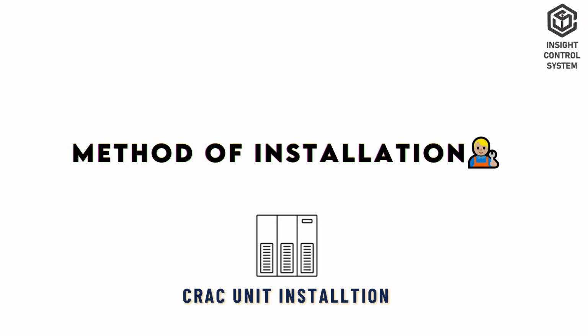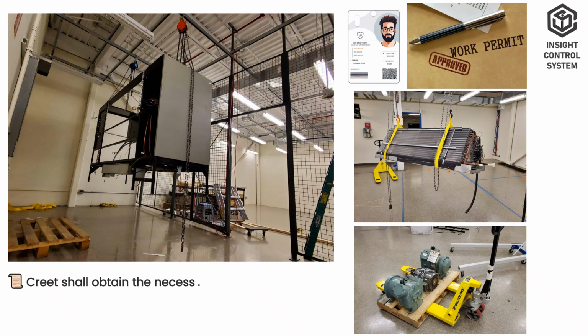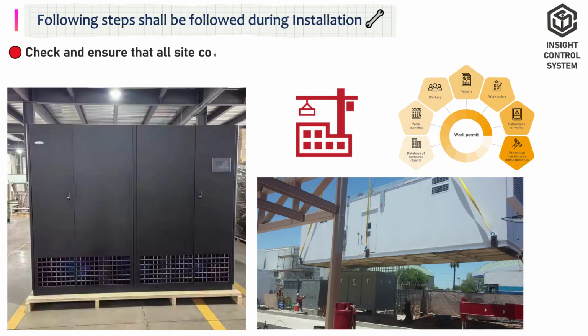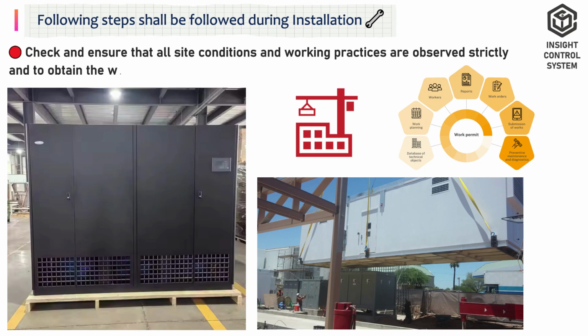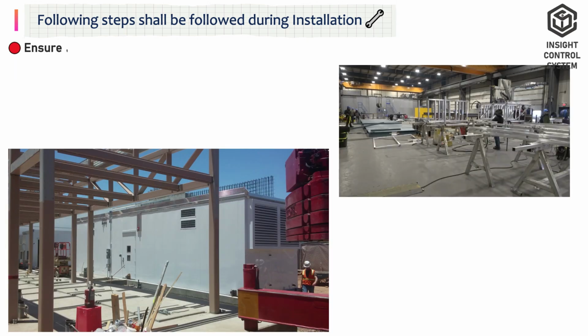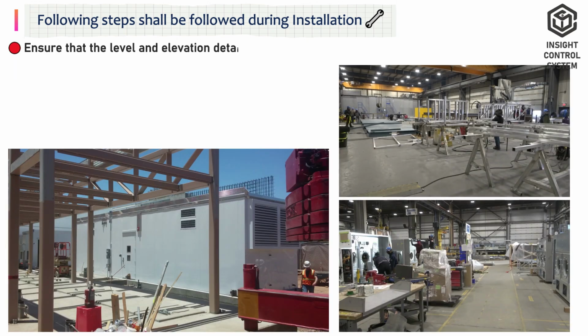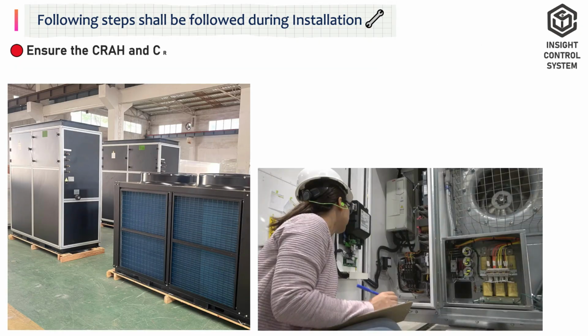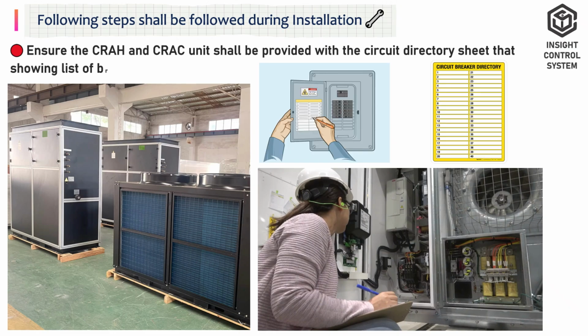Method of installation. Obtain the necessary work permits prior to starting the job and ensure adequate provision for working at height. Check and ensure that all site conditions and working practices are observed strictly and obtain the work permit. Ensure the level and elevation details while installing the steel support frame for the CRAC unit. Ensure the CRAC units are provided with the circuit directory sheet showing the list of breakers